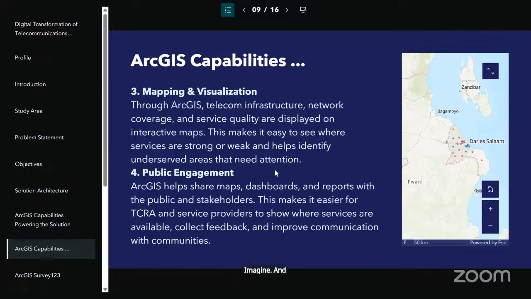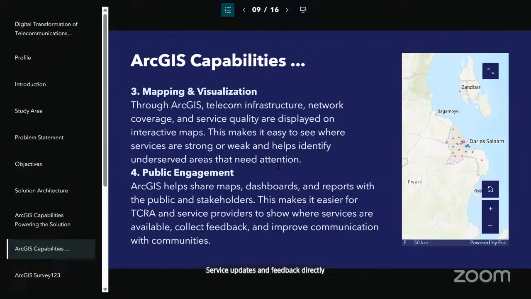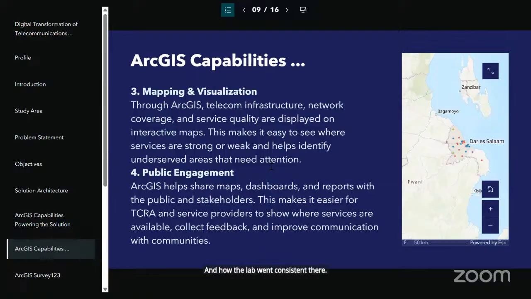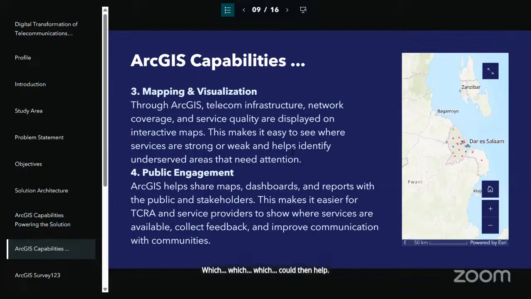And the last one was public engagement. With public engagement through ArcGIS, it could be easy to get insights, service updates, and feedback directly from the customers as they give their feedback on how the services are provided, and how reliable and consistent they are, but also on the feedback channels provided, which could then help to improve the provision of the services